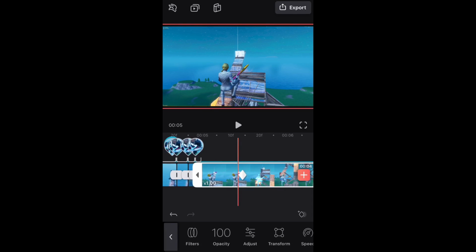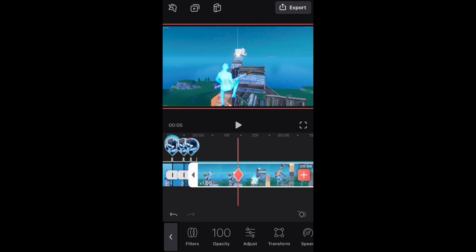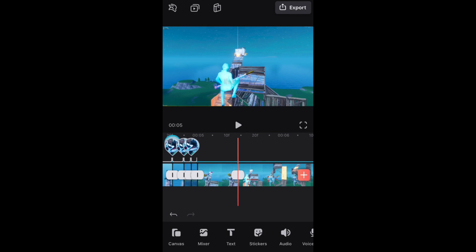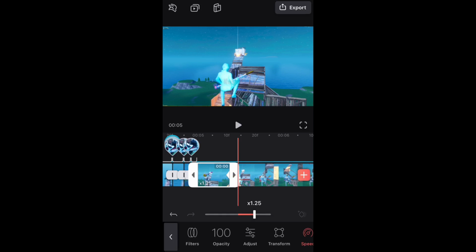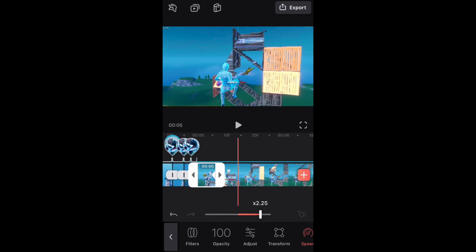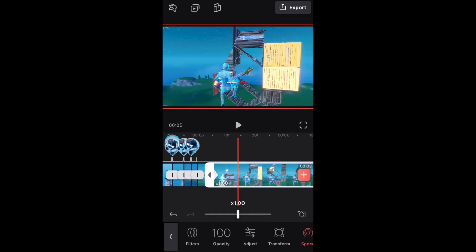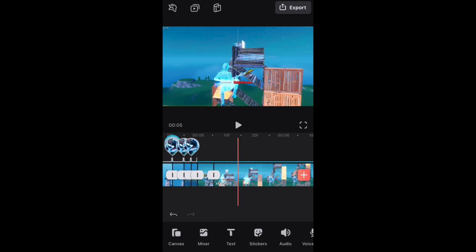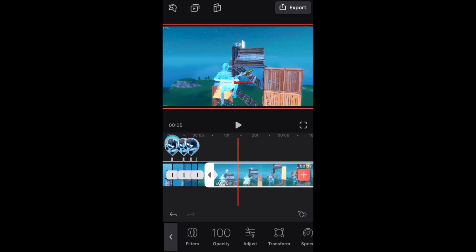But what we can do to make that look better is right on this clip, we can split it. And we can turn this first one, and we can put it on about 2.5 and see what that looks like. And then we can put this one on half speed. But the one thing to make this look smooth, if you are on console, do not put this on 0.5 speed. Put this on